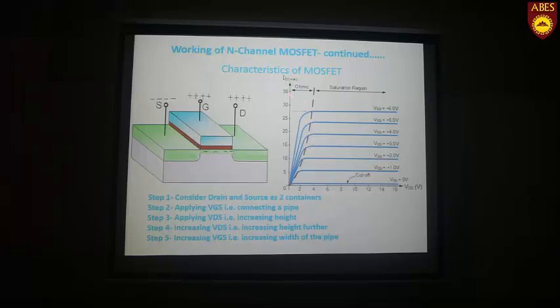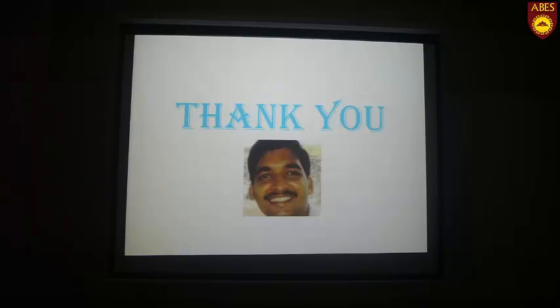Now, what are these ohmic regions and saturation regions, and why do we have only these three terminals? Actually we have one more terminal, the substrate terminal, and because of that we also have some body effect. Here again there is another change called channel length modulation, which you will see later in the next section. Okay, thank you.